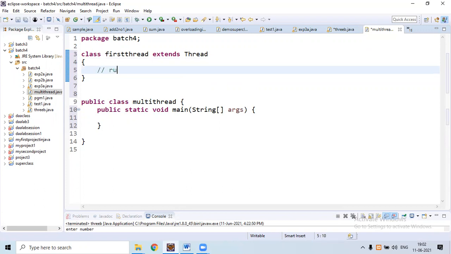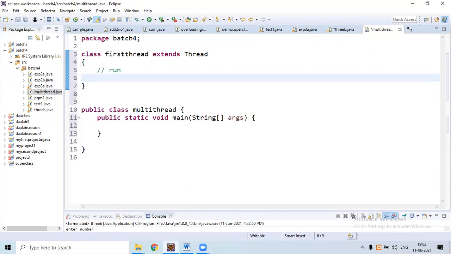One is the run function, another one is the start method. After creating a thread, we need to start the thread using an object. This will run the thread.